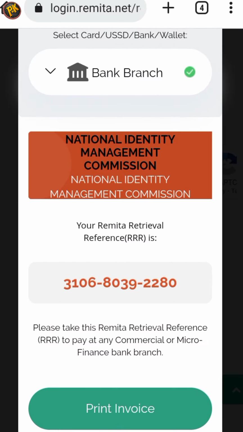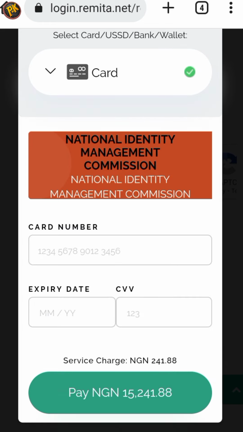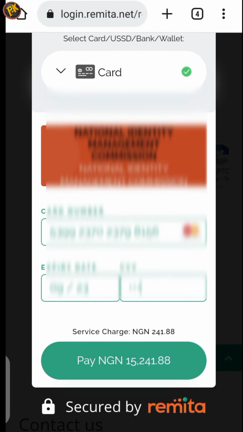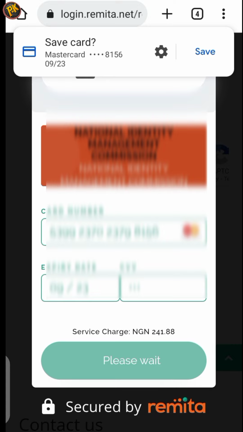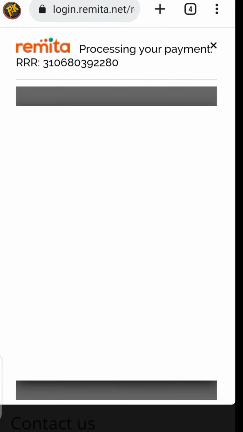Okay, so if you prefer paying with your card, like me, I pay with my card. So let me fill the details. Once you put your details on your ATM card, you can see it will identify the card that you're using, then you proceed with the payment of 15,241 naira and 88 kobo. So let me pay the money. You can see it's loading right here. So step by step,